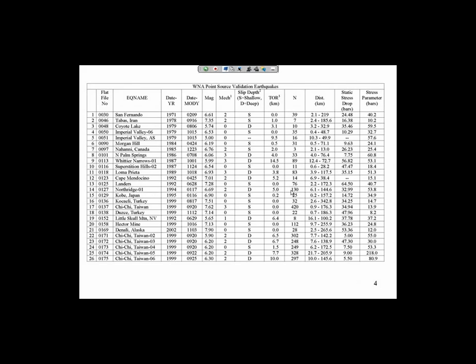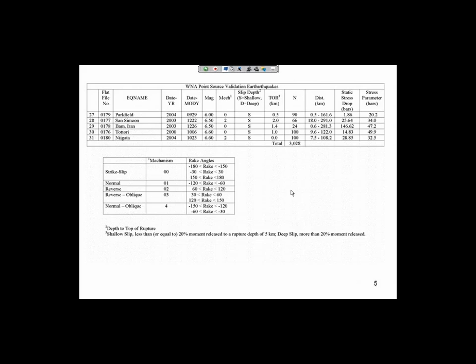Both slip depth and top of rupture are defined from a finite rupture model that for most of these sites, down to 26, was used in the NGA West model and was vetted through a group of seismologists to come up with what they thought the best rupture model was that showed where the concentrations of slip were. For the final 5 models, that's in an NGA follow-up project, and those slip models are the ones that we prefer at Pacific Engineering Analysis, but I believe USGS is going to have a group get together to see if we need to adjust those models in any way.